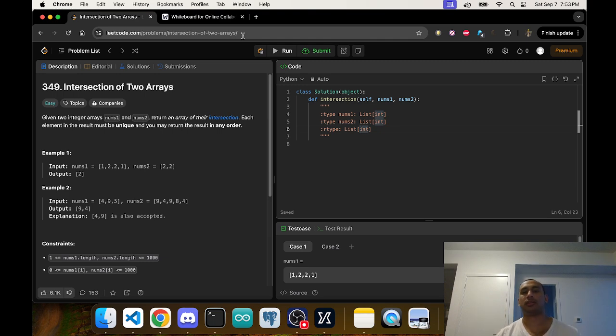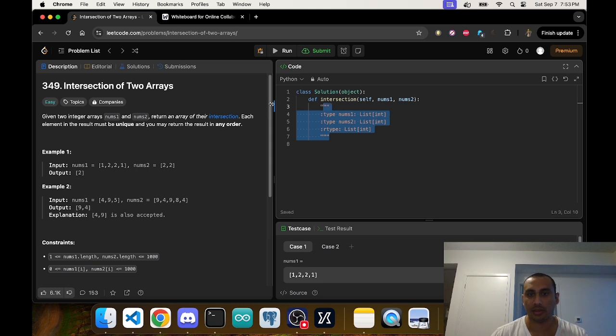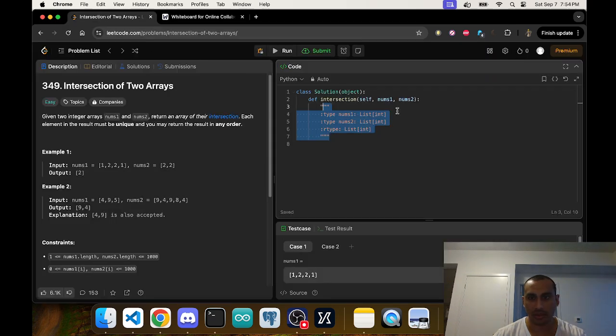So this is the way I would do it. I would look for the longer one and iterate through that till I find the first element of the other one, and then find the second element of the smaller one. If I do that, that would be sufficient. So basically: 1, does it match this? No, go to the next. Does it match this? Yes. Move a counter to the next. Does the next element match this? Yes. Then we get an answer. That would be my way. So first I would go